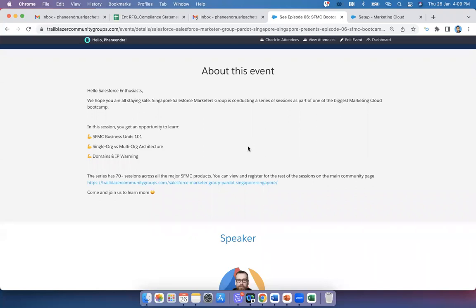We're going to talk about the drilled-down details about business units, creation of business units, the business unit architecture, single org versus multi-org architecture, and the domains and IP warming. One of the great use case topics we're going to talk about. It's purely an architecture kind of thing. I would recommend everyone to